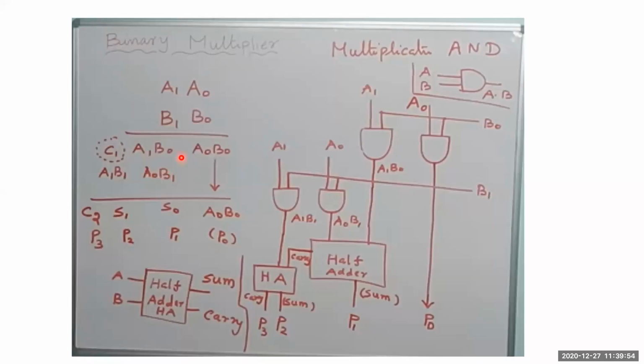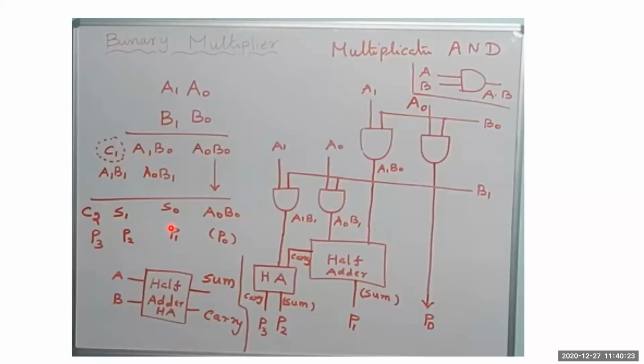Let the sum of the addition of these two partial products be S0, and it produces some carry. Let it be equal to C1. Now this C1 and A1 and B1 are added. Whenever you add these, you will get another sum, S1, that becomes one of the product bits, and simultaneously it produces a carry. Let that carry be C2. Ultimately, this entire thing becomes the output of a binary multiplier.